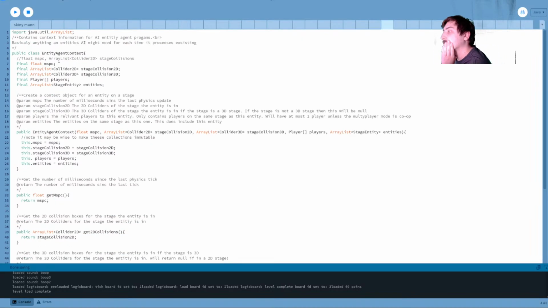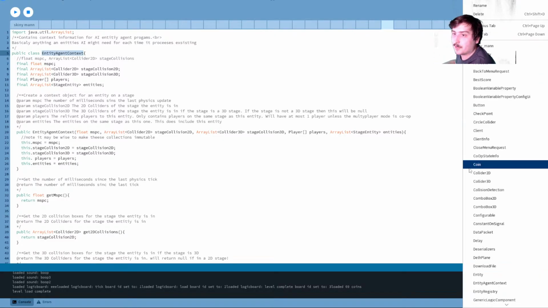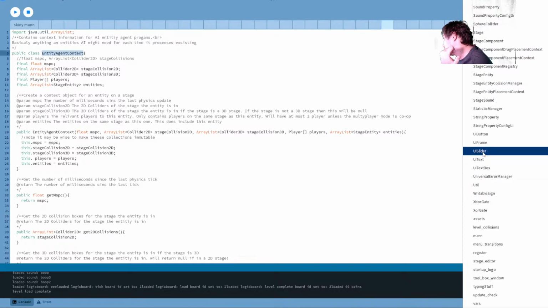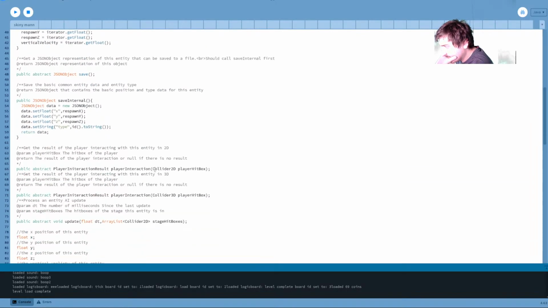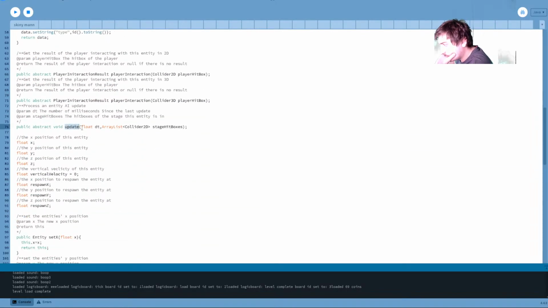Alright. So now what we've got to do is go find stage entity and replace all of the parameters of the update function with this. So that's another thing. Stage entities have an update function. Regular entities don't. There it is, which I'm pretty sure. Yeah. Oh, it's called DT here, which is probably also correct. Oh well.